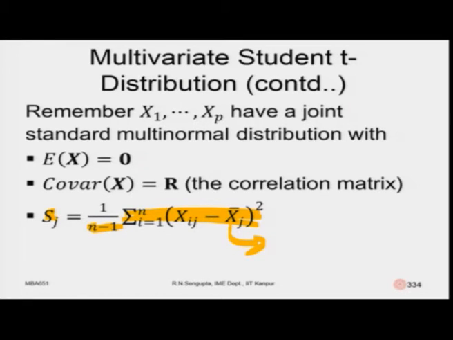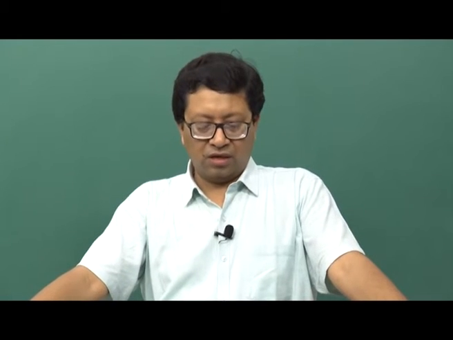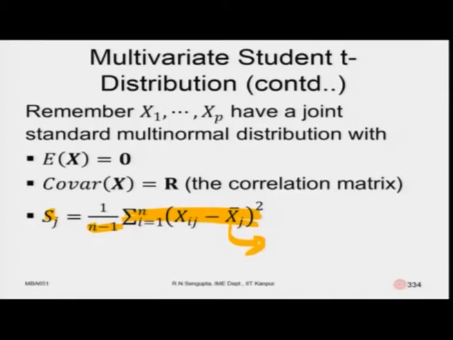Obviously, the mean value would be 0 and the variance for each would be 1, and corresponding to the fact that you will have the variance-covariance matrix depending on the correlation for each and every element, i to j, j to i, all these things. The covariance of x would be given by the matrix R, which is the correlation coefficient matrix,